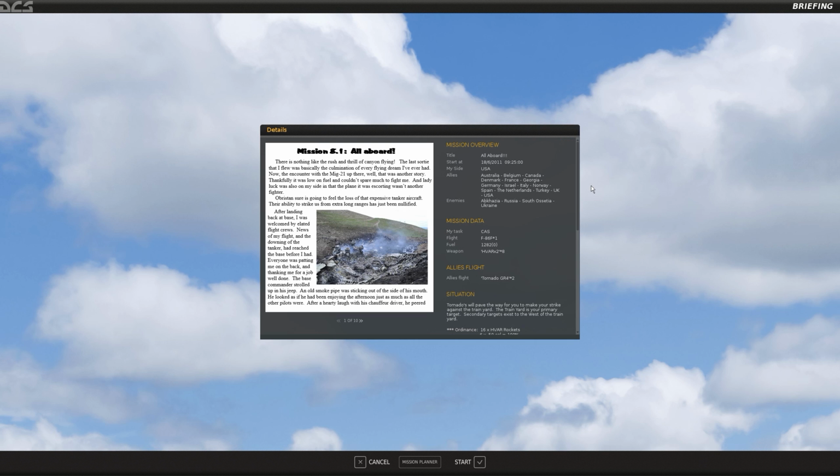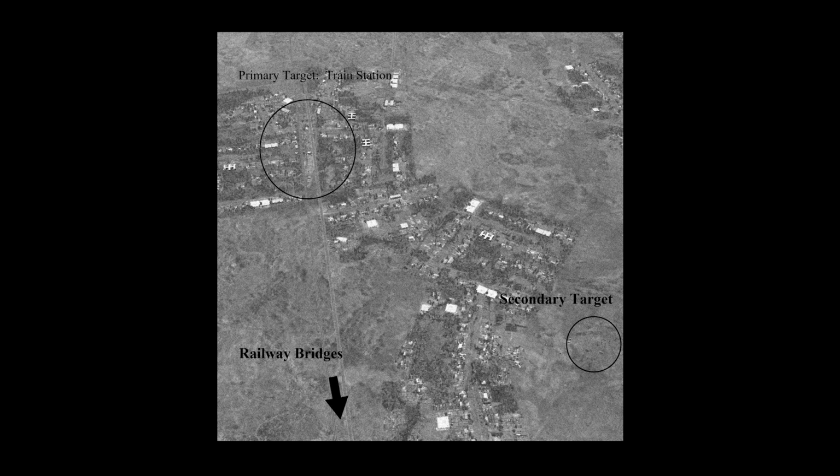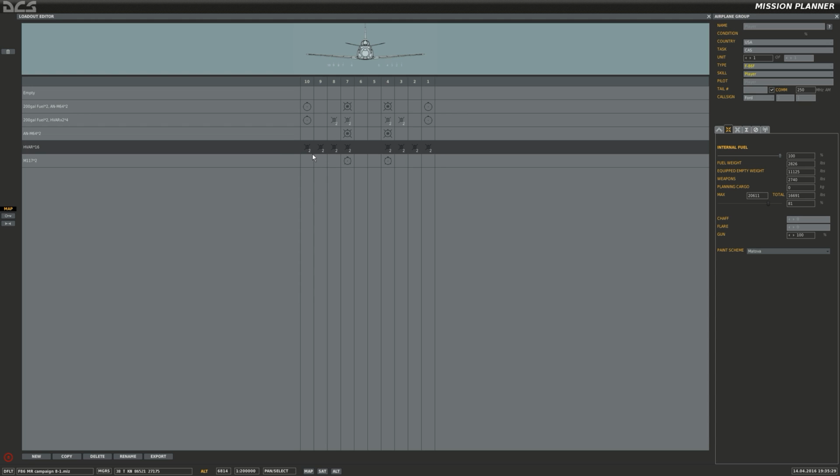Now for this F-86 mission, I believe this is just pulled from the middle of the campaign somewhere, and is going to be representative of what a typical mission will go like. It's going to have my F-86 escorted by two Tornado GR4s who will provide suppression of enemy air defenses in the Zugidi area, but our target itself is going to be on the other side of the Nguri River. We're going to use the rail lines and the railway bridges as a guide to give us an idea of where the target is, and also use the town itself as a reference point, and then find the specific target that we're tasked against. I arm the aircraft and I select the default loadout of 16 rockets,